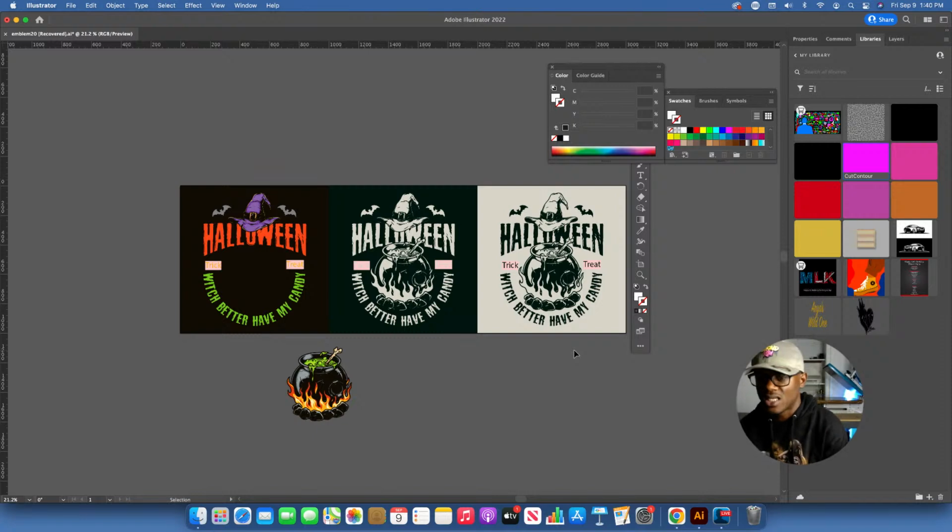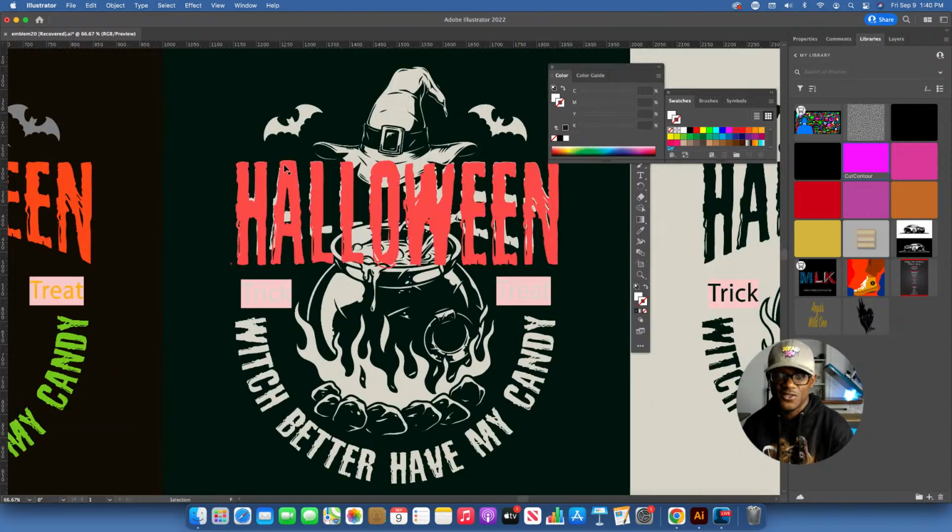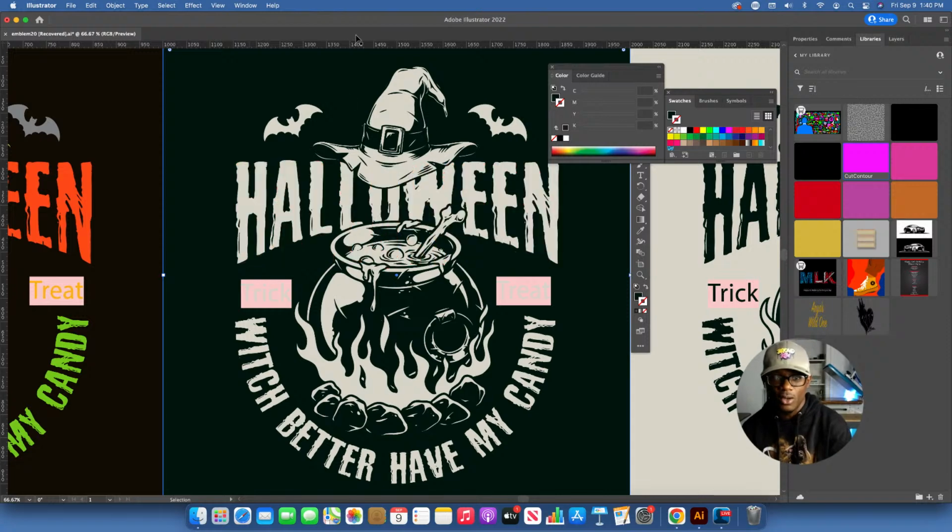Like this Halloween design here, this design will sell on anything. You can sell this on one color. You can sell this for a one color transfer. You can definitely order one color transfers right here. It will be all one color, white on dark garments. And these files here, maybe we'll edit them and change some things, but you'll see. Stay tuned for that. A lot of things are going up on the website within the next couple weeks or days.